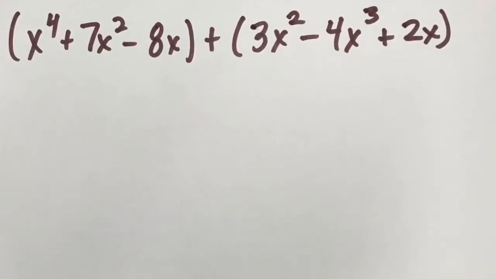Today we'll look at adding polynomials together. In order to add polynomials, we combine like terms. Like terms have to have the same variable and the same exponent. Typically, I like to start with the biggest exponent first and see if we have any that have the same